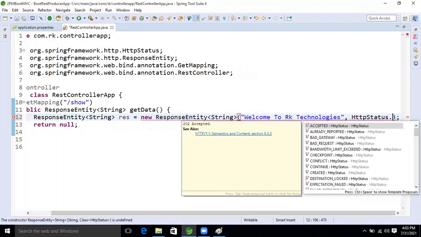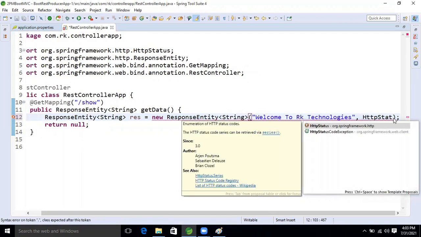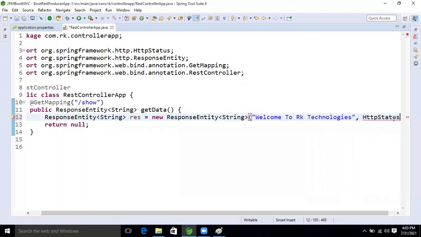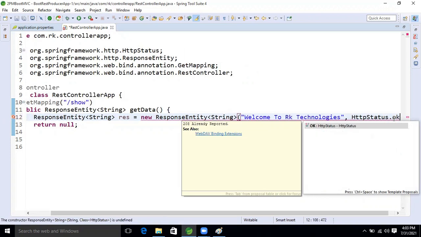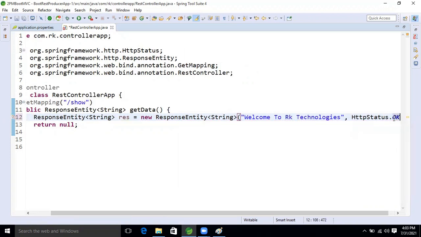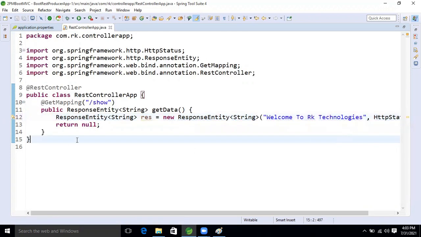Capital letters. Maybe we need to come down. Okay. Now what will we do? We will return this object, right? We will return this ResponseEntity object now, guys.